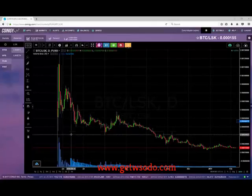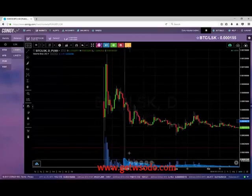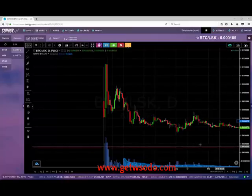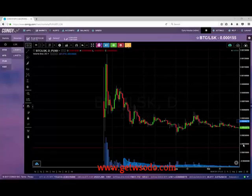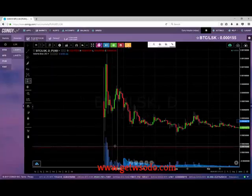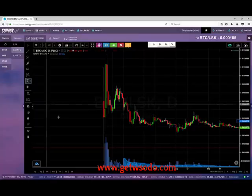So this project is called Lisk. This was an ICO that I participated in and made some money on. The pre-market price was 0.00018. So as you can see, the market went up a lot higher than that